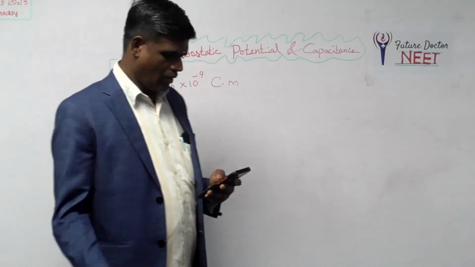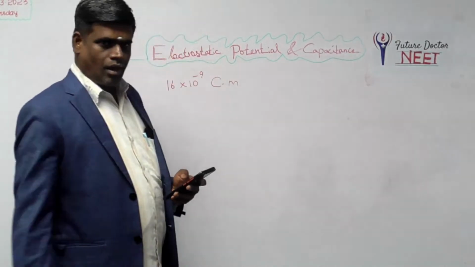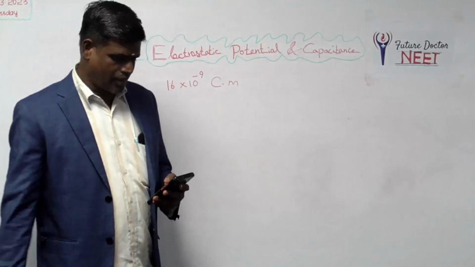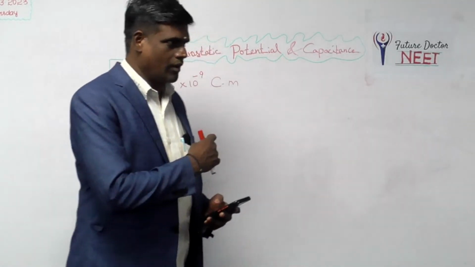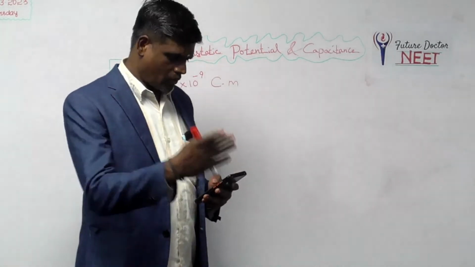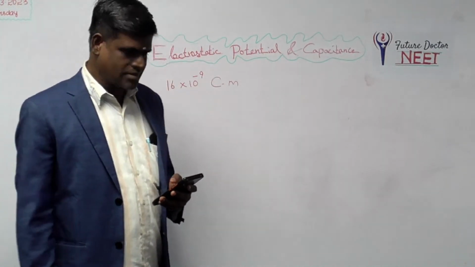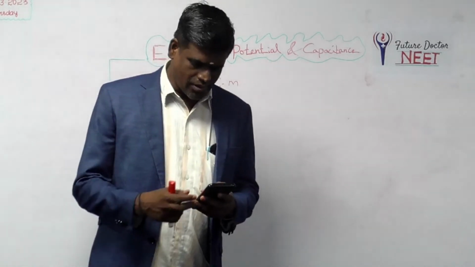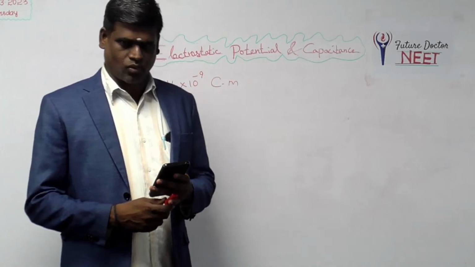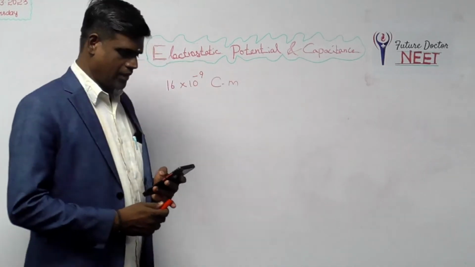Okay. Hi students, we have started electrostatic potential and capacitance. Okay. The problem we are going to discuss now. Write down: in a certain region of space, with volume 0.2 meter cube, in a certain region of space,